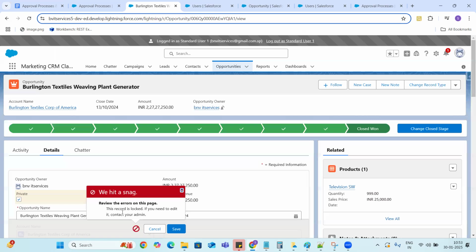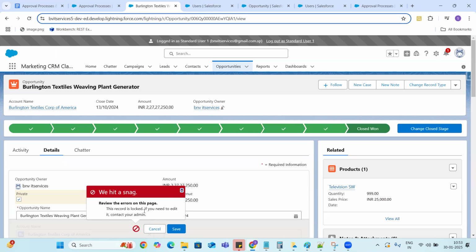You will be getting a notification saying that this record is locked. If you need to edit it, contact your admin. Because this record is in approval process. We are waiting for approval from a particular person.